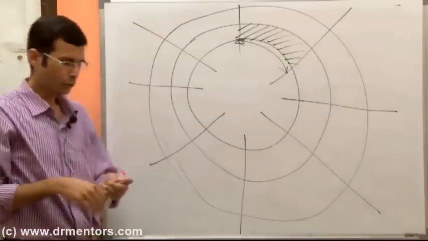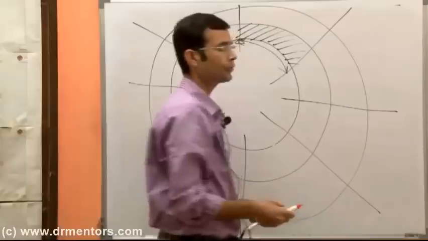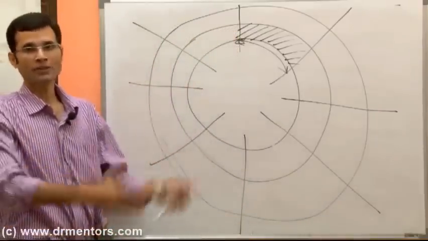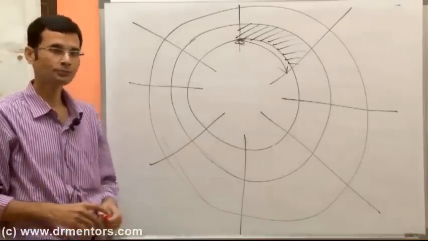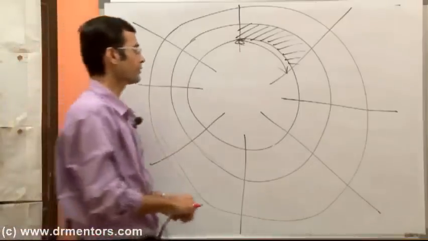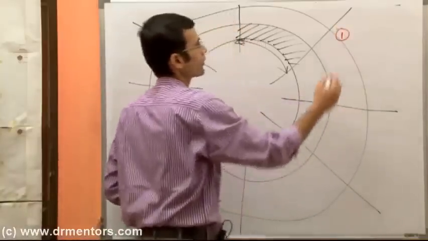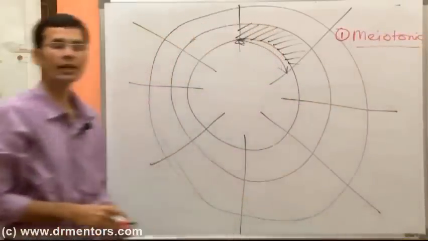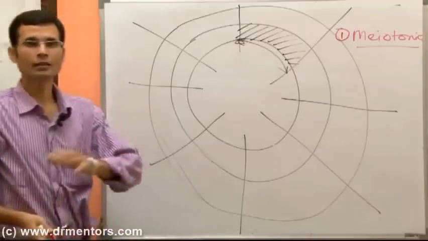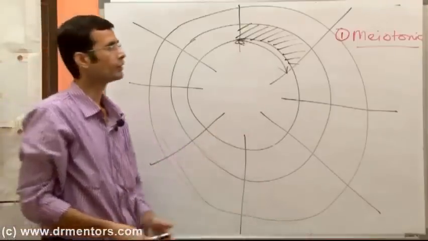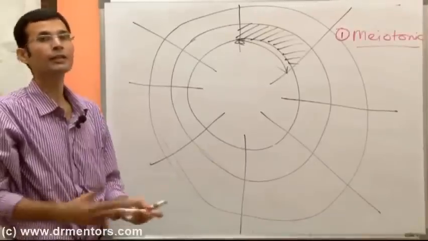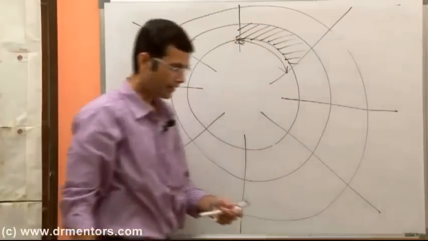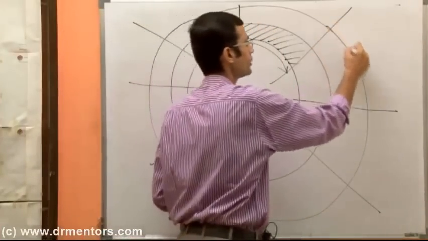Basically we are aware of two types of contractions anywhere: the isometric contraction and isotonic contraction. There are two more types, one of which I am going to describe now. It has been called myotonic contraction. Myo as in meiosis, as in reduction. So myotonic contraction is a reducing type of contraction, meaning the contraction is strong in the initial part and then it goes on becoming weaker in the later part.